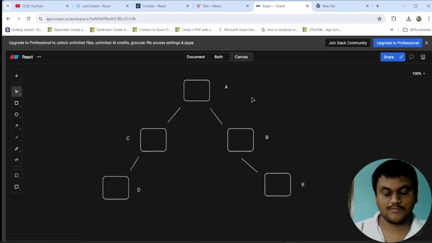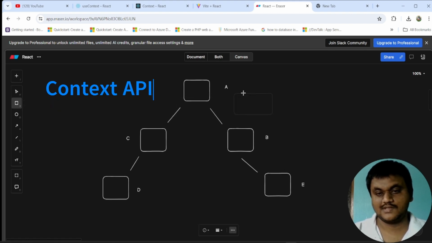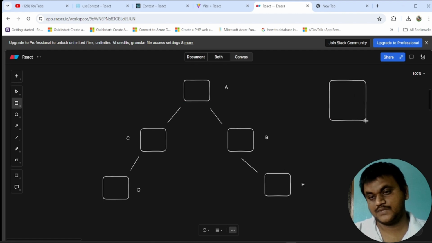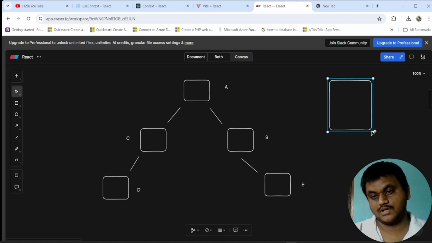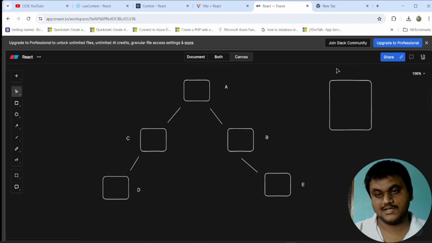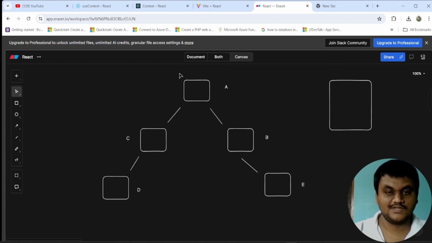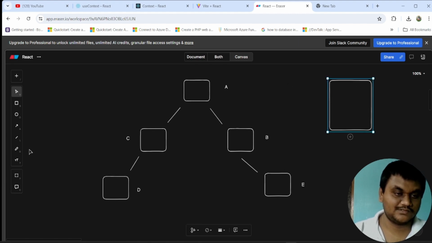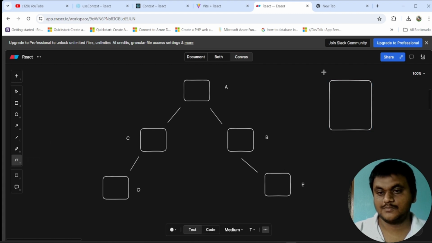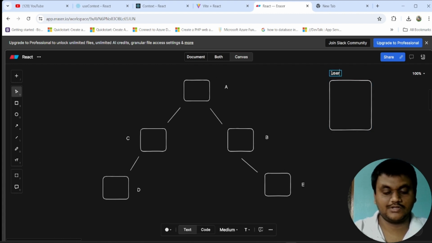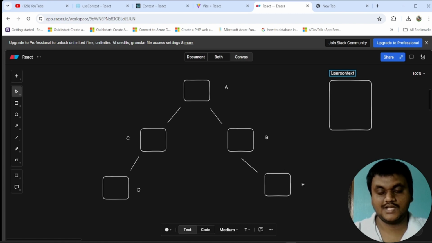We are going to solve this problem using the Context API. The Context API solves it centrally: we are going to create one context, and we provide this context to A. If we provide the context to A, we can access it below. Suppose this is one context. You can name it something like user context. This context contains